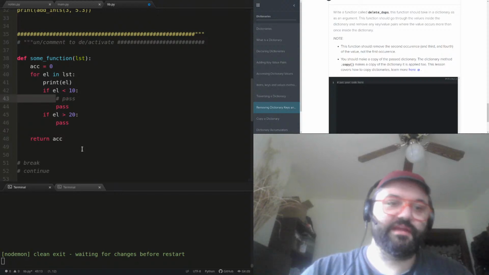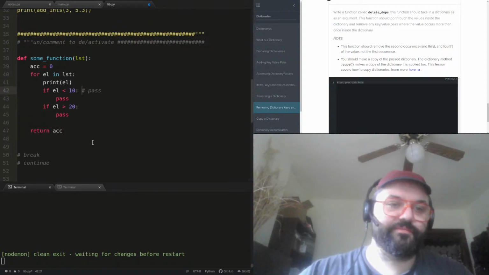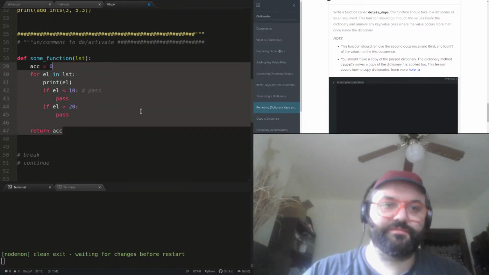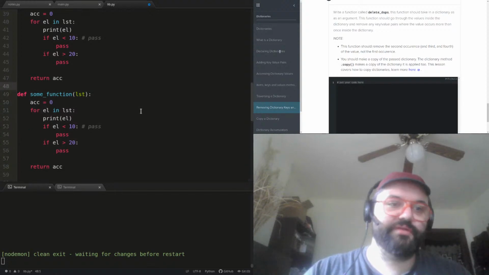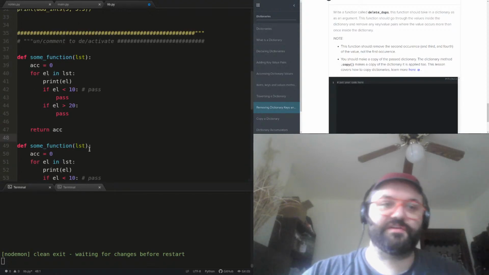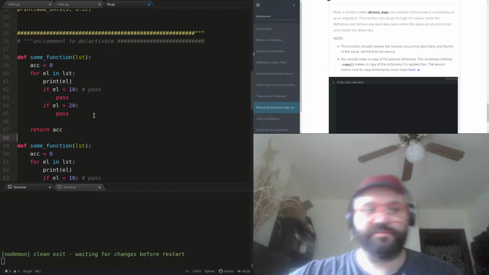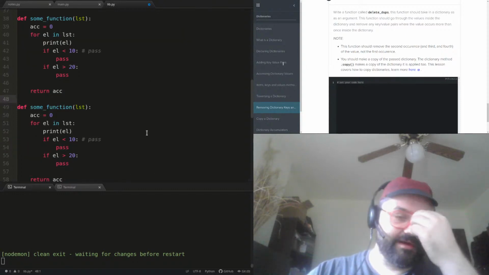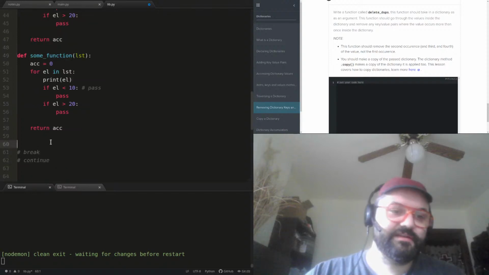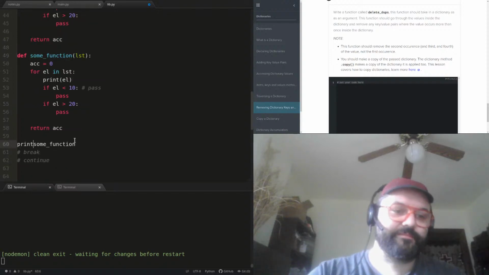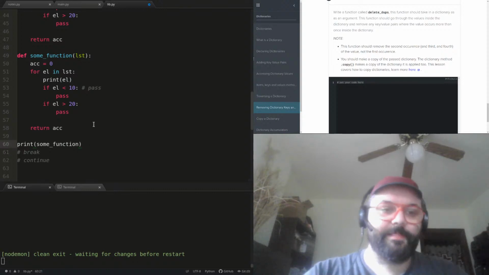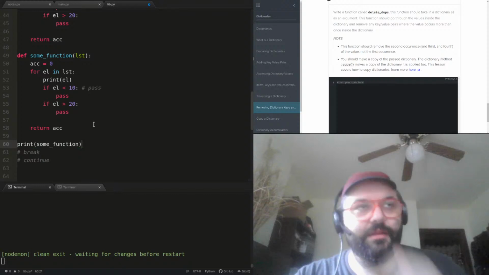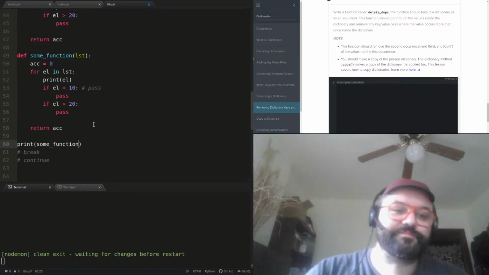So I'm just thinking of kind of just a random problem to play around with. We'll just save this as stage one. So let's say this is our first pass, our first setup to this problem. Let's say I want to go through a list and sum up all the numbers that are between 10 and 20.